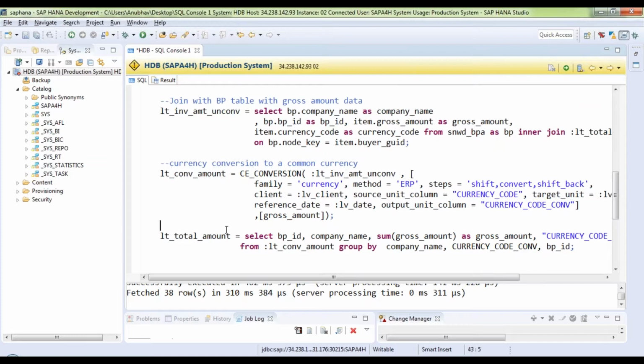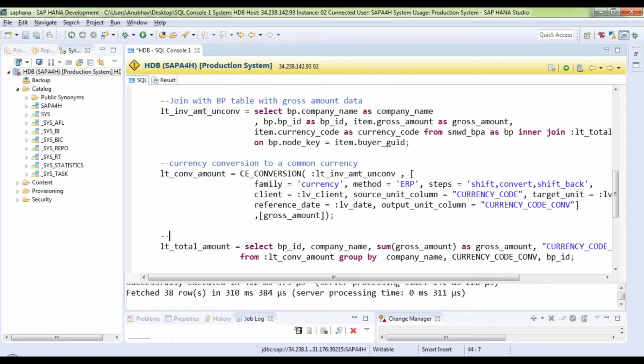After applying the currency conversion, we again calculated the aggregate total amount due for open invoices, because now your data is in a common currency. Before conversion, your data is in USD, JPY, euro, all different currencies. After you apply it, it comes to a common currency, so you can total up and submit the final result for the user.